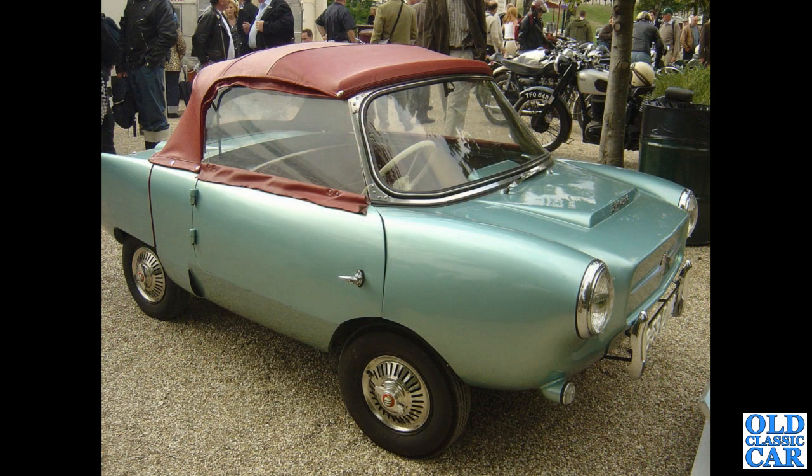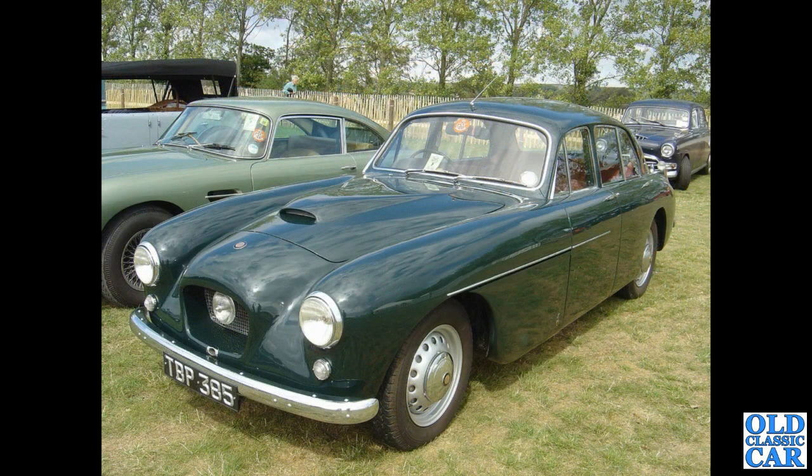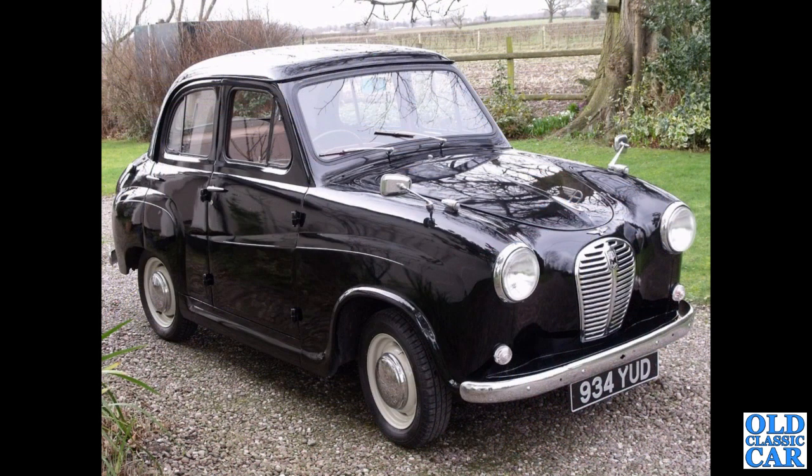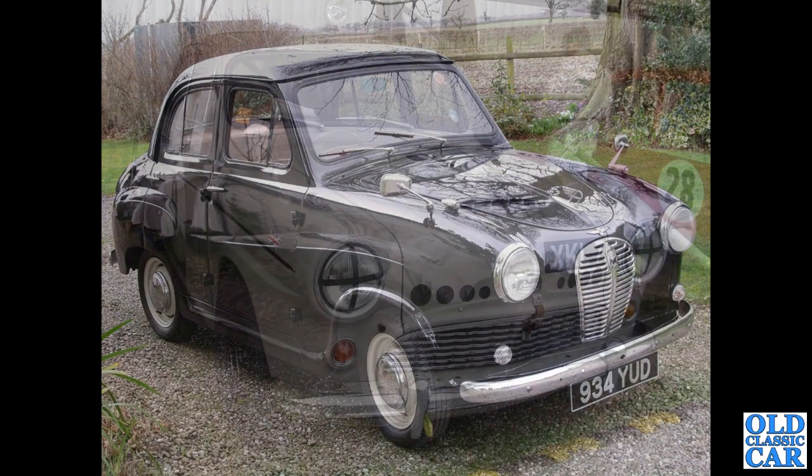We've got another Frisky, back to Goodwood Revival in 06. And a Bristol, 4-door Bristol. I'm sure someone will be able to provide a bit more information about this one. That was at Alton Park. Another Austin Westminster prepared for racing. An A30, Austin A30, very early AS3 type with a separate little badge above the radiator and the fuel filler